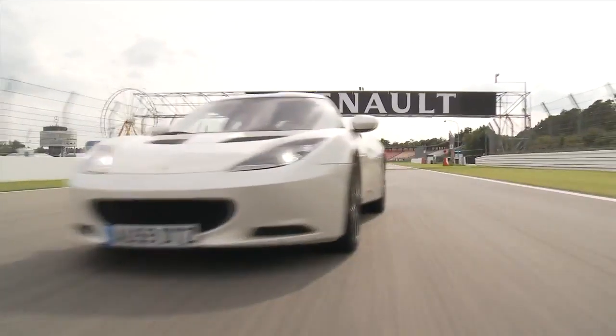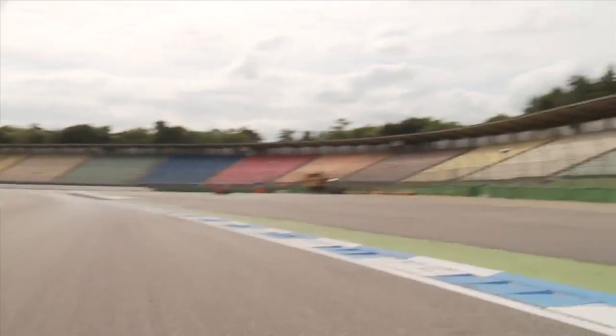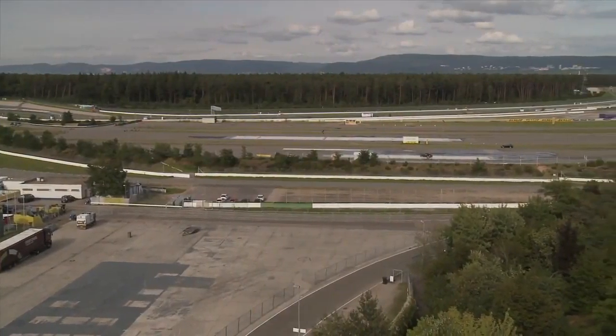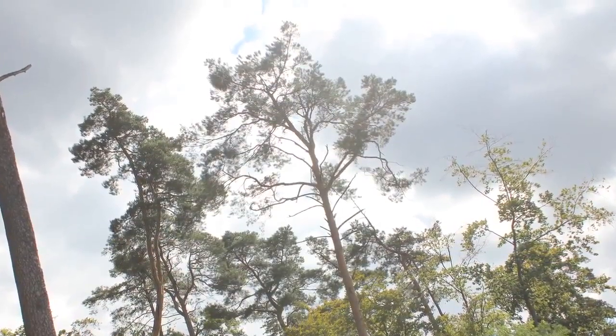around the world. It's a really old track. It's a very high-speed track. So it had a lot of great components for us. Hockenheim is very different from the Alps. It's in the middle of Germany, so it's one of the flattest tracks in the world. There really isn't any elevation change to the track itself. So it's just a very different experience. It's completely surrounded by trees, almost that sort of Black Forest feel, so that's something that we try to keep